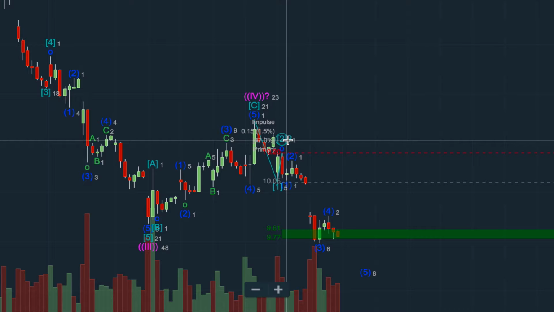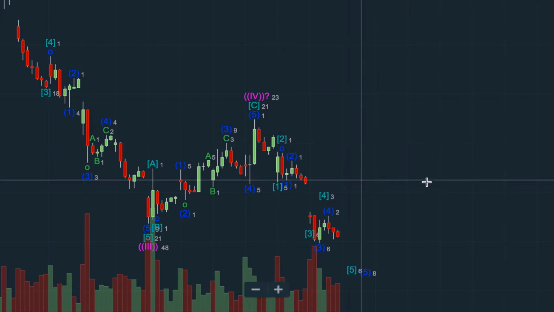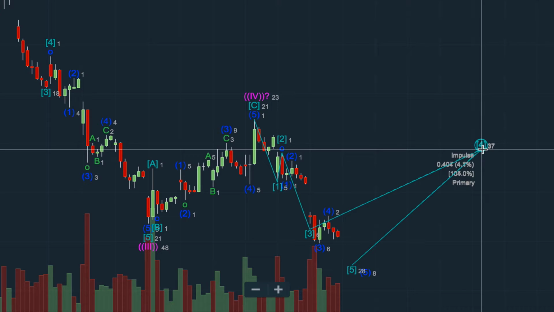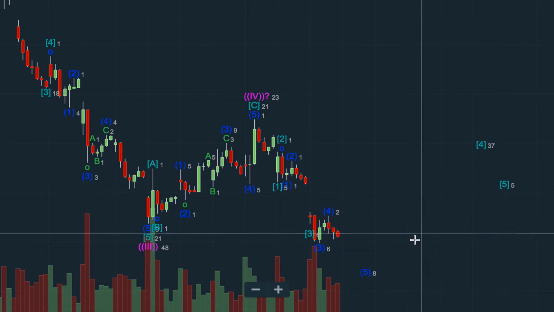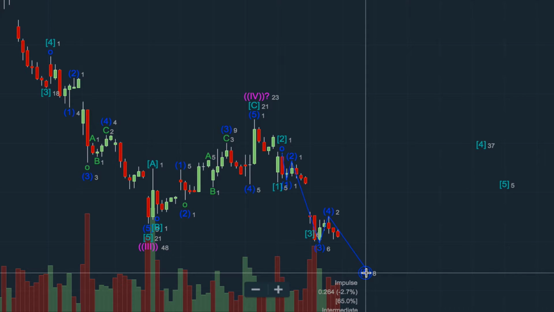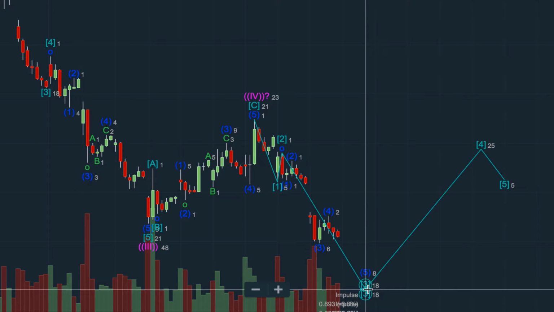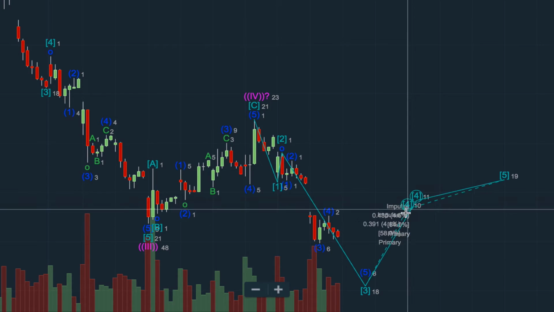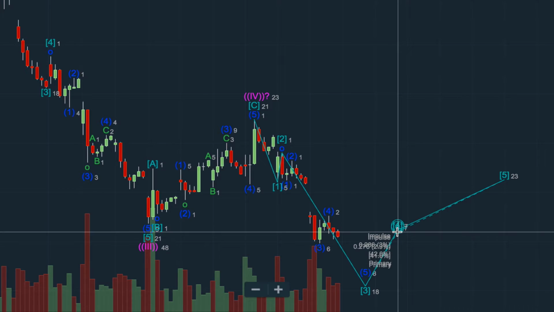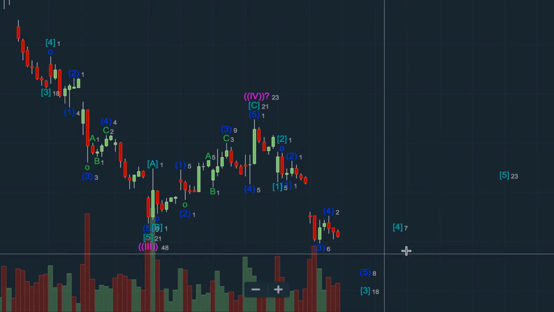Well, we've already exceeded that minimum target, so it's likely that if we use the project pattern forward feature, let's move these out of the way temporarily so we can focus in on this 3. Since our wave 5 here completes wave 3, we'll just put that here to indicate the expected completion of wave 3. Wave 4, we can estimate that wave 4 is going to be roughly between the previous wave 3 and 4,